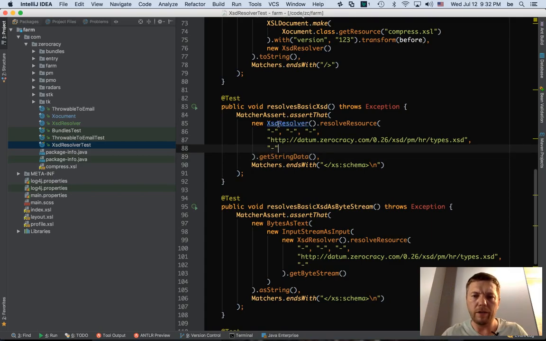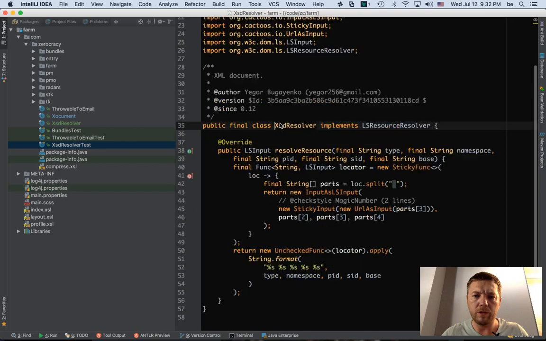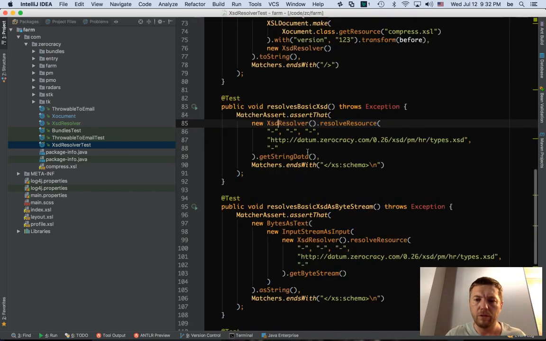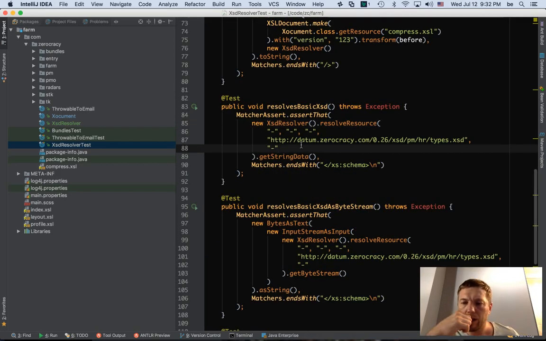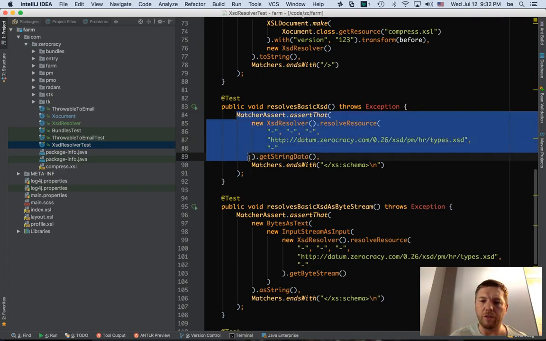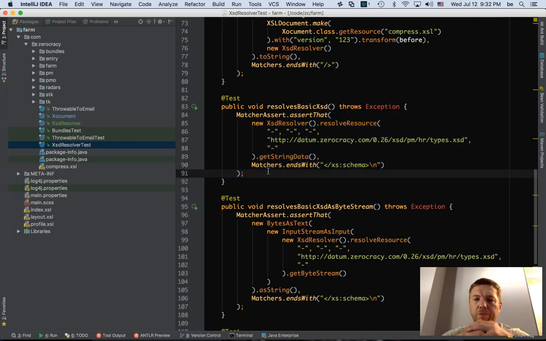Is it the right class? Is it the resolver? Is it ours? Yes, it's my class. That's the URL. Because this one was supposed to crash. I mean, it's obvious, there's definitely a bug, and I know where the bug is. So how come it works?